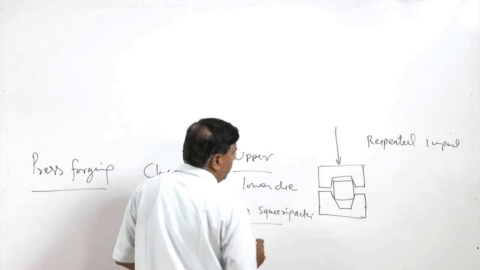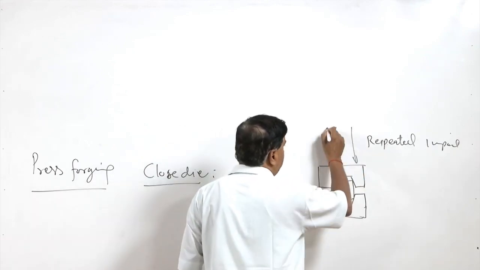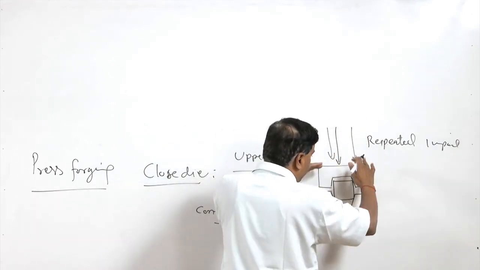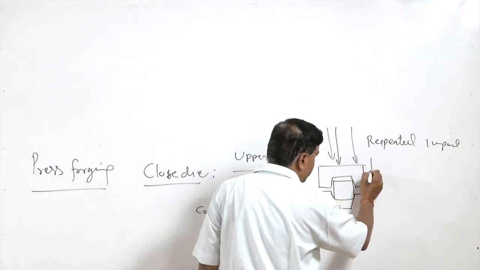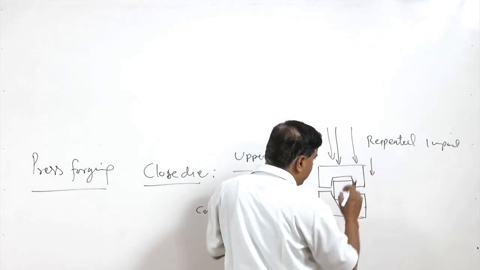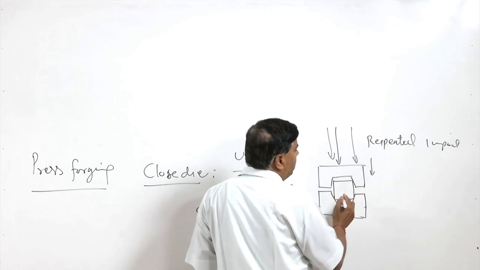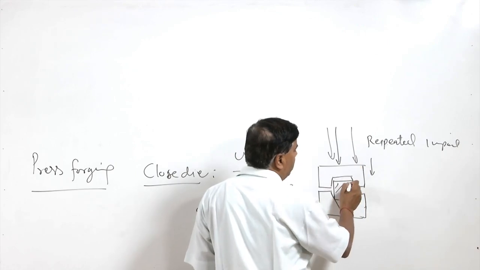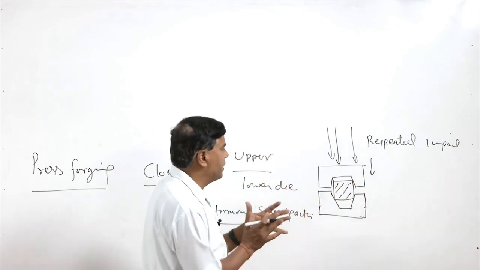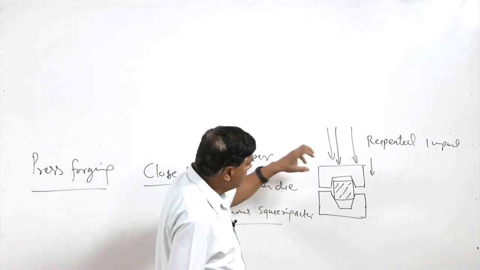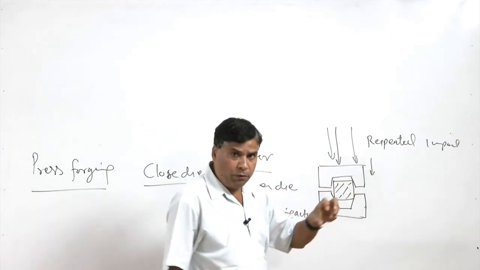Once the pressure starts to build up, the upper die is moved continuously until the dies are closed. The metal is squeezed between the two dies, and when it is squeezed, it flows